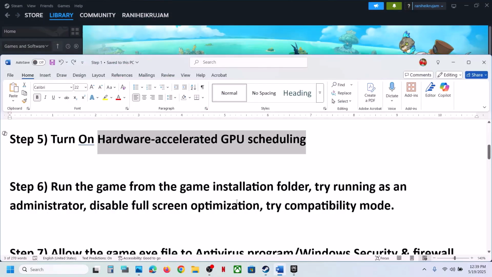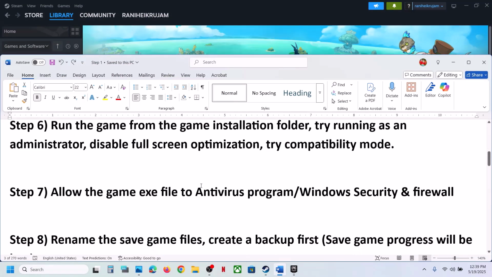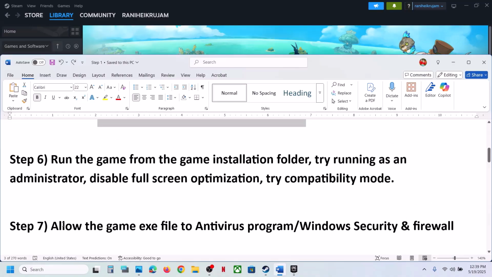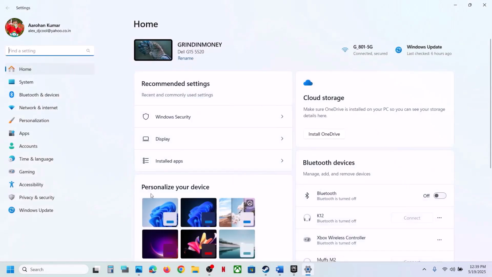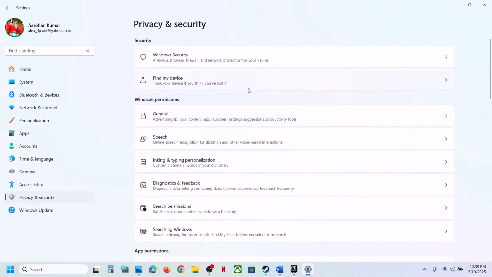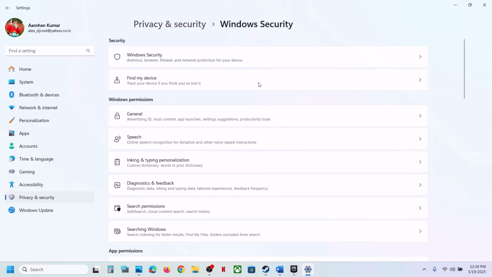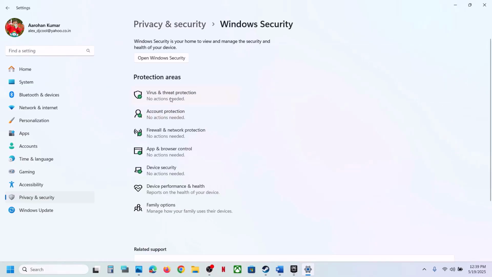Now the next step is to allow the game exe file through your antivirus program. So if you have any third-party antivirus like Avast, Norton, Bitdefender, McAfee, whichever antivirus program you have, allow the game exe file to your antivirus program and then check. If you're using Windows security, then open Windows settings, go to privacy and security and then go to Windows security